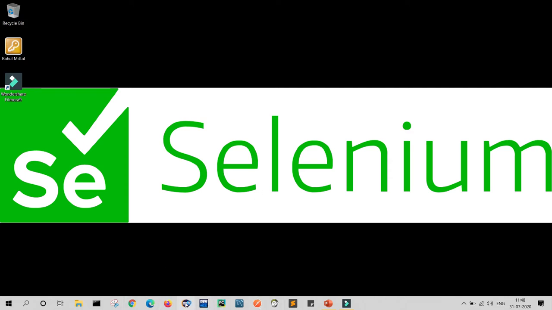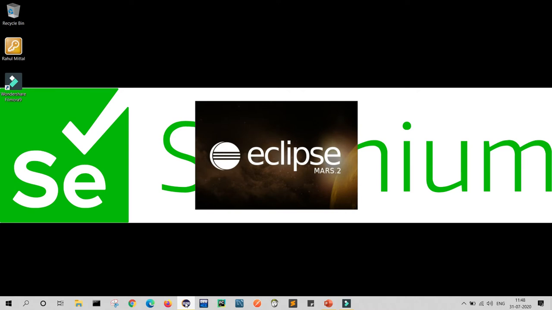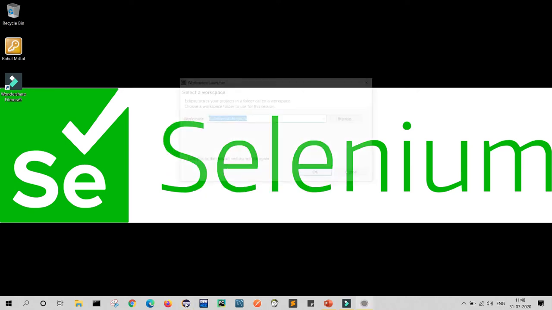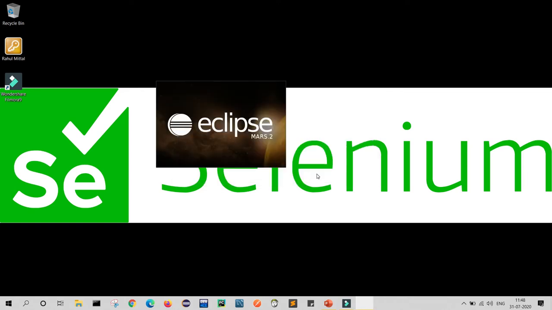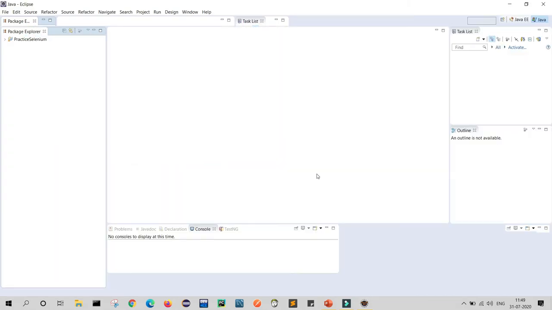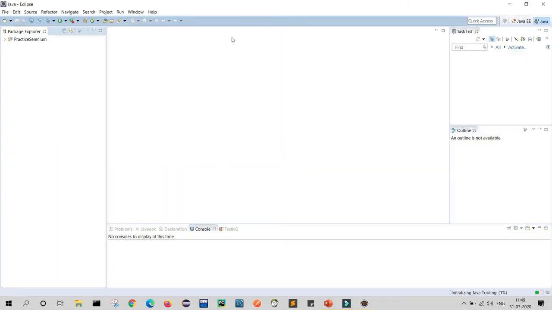Just open your Eclipse. First we will create the folder structure which we saw some time before. So my Eclipse is open. Now I will create a project.